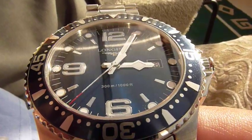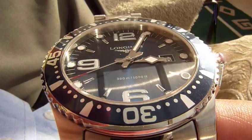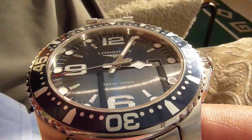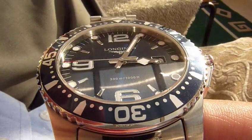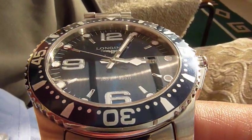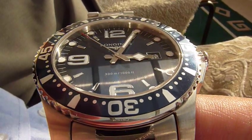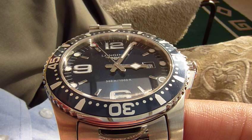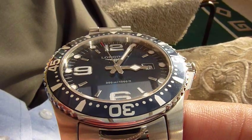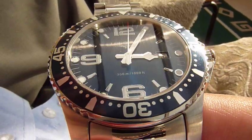That's my review of my new Longines. Would highly recommend it. I purchased it from Goldsmiths in Leicester. Had excellent service from them. They said 8 weeks delivery, just took a bit longer, 8.5 weeks. They kept me in touch with everything. And like I said, I bought the extended warranty on this one. So, highly recommended. I think you can get it cheaper elsewhere, but you've got to be careful where you buy